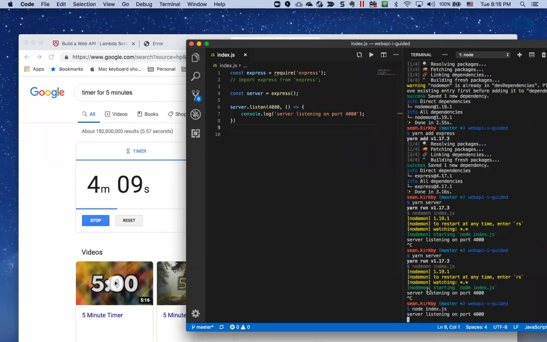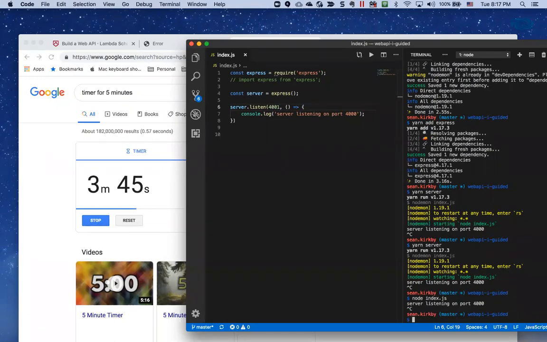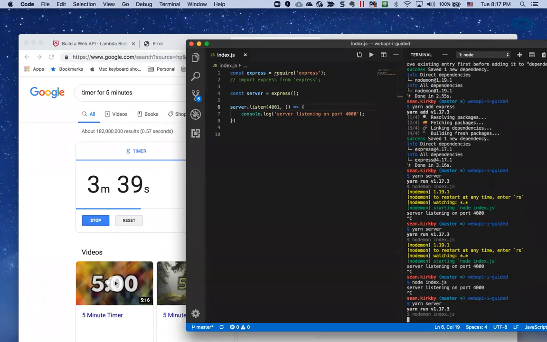None of the nodemon stuff shows up, just my console output saying that we're listening on port 4000. The difference is if I were to change my port to, let's say, 4001 for some reason, my server is still listening on port 4000. And so if I were to try to load it, it would fail. Whereas if I run the yarn server command, which will execute nodemon,